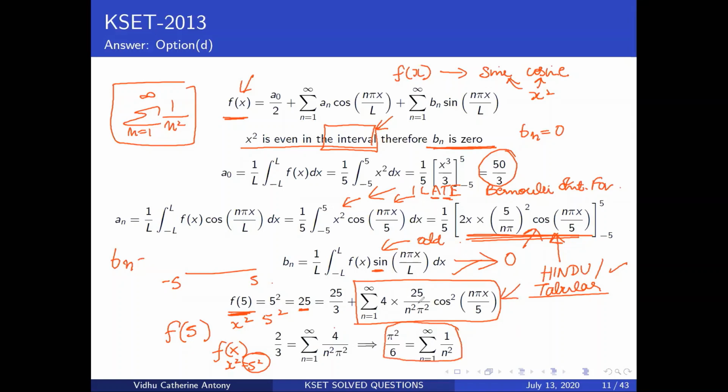And what do you see here? You've got an n squared. So what you can write is, you can pull out your summation of 1 to infinity, and you can write 1 by n squared, and then take all the other terms to this side, and you will get a pi squared by 6. Why does this term go away?